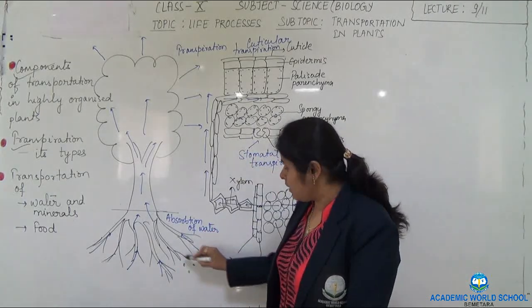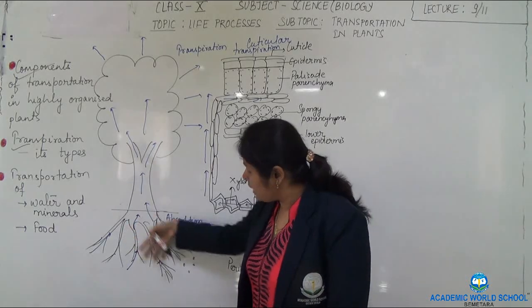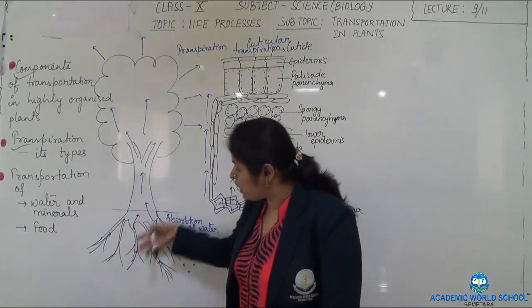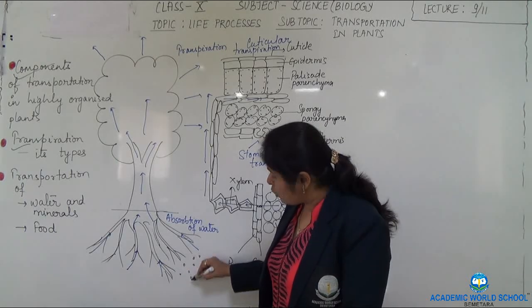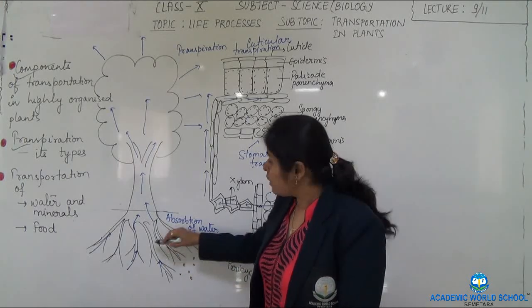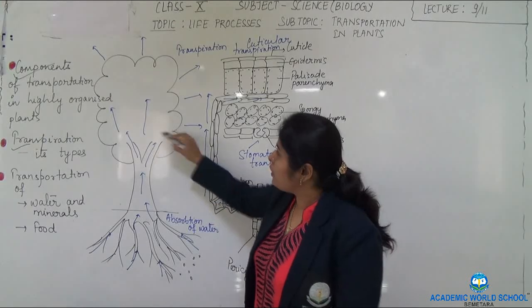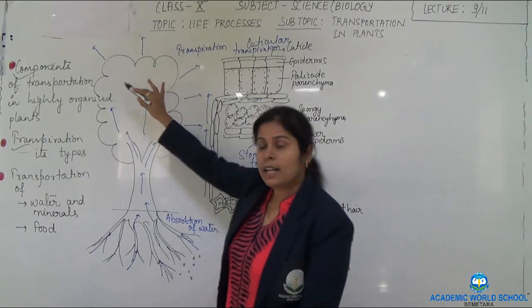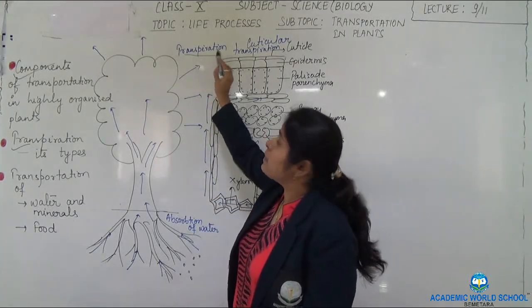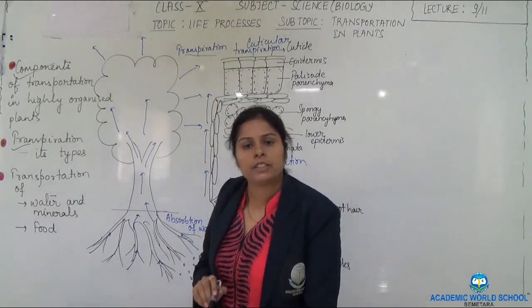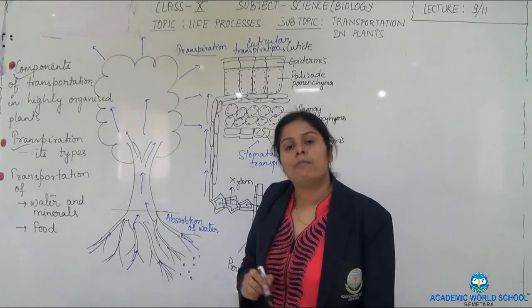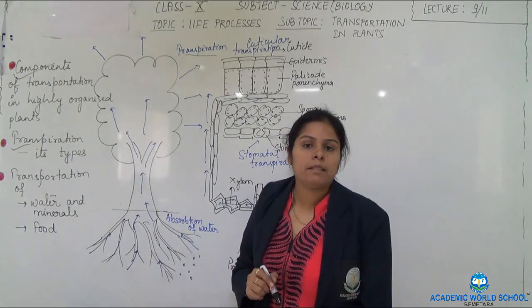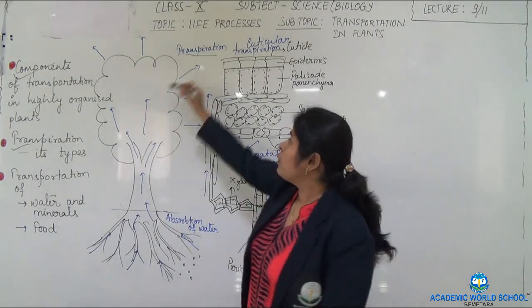The root has branches and it has rebranched itself. Here water particles are there. The water moves from the root and travels through the stem to different parts of the plant. Now what happens? We understand that there is a process going on that is called transpiration. What is transpiration? It is the loss of water in the form of water vapor from the aerial parts of the plant.